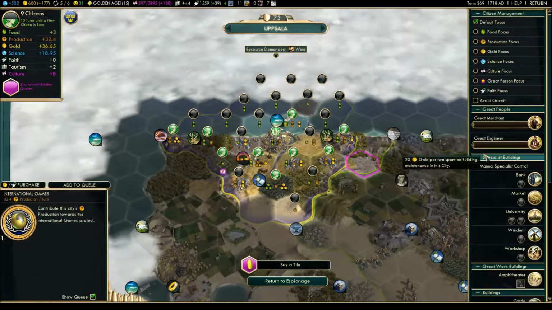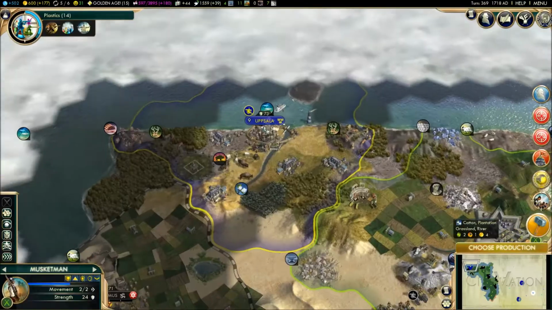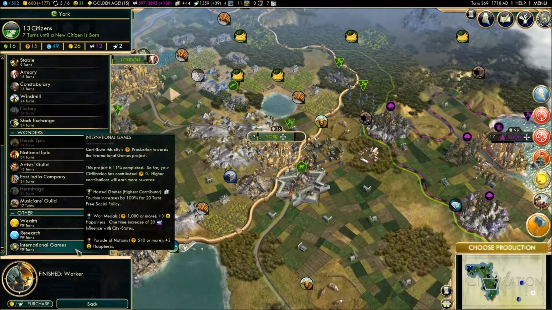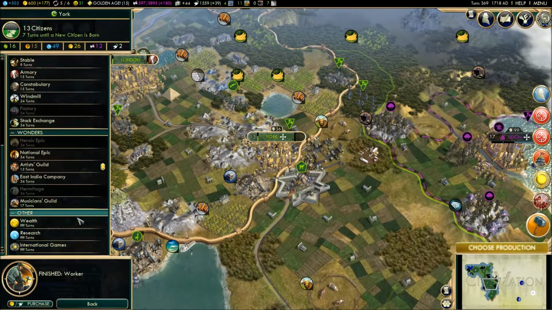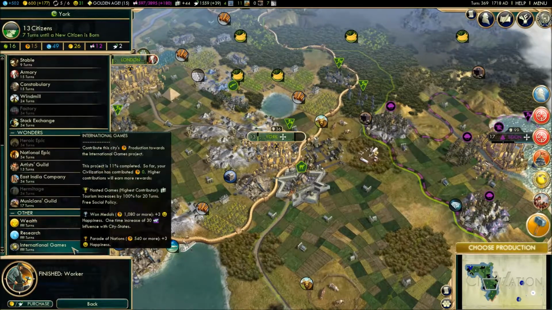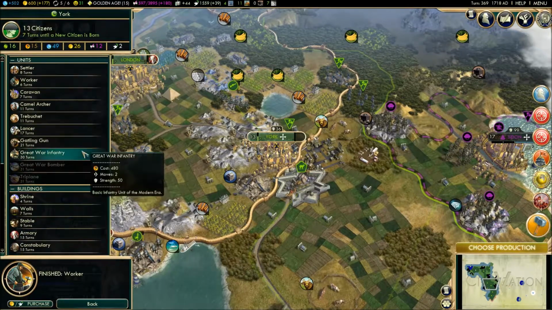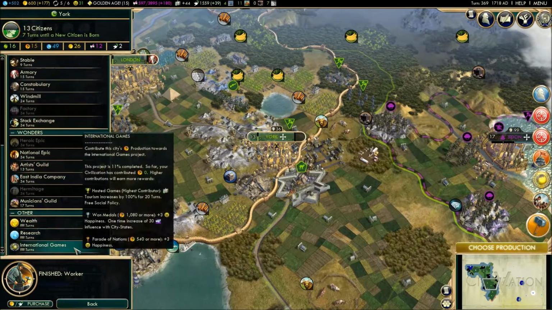So I wouldn't mind taking that city, but we're not going to be going to war with Sweden for a little while. He's building international games. How much longer do we have on that? It is 11% done, so they are focusing on it somewhat. So we do need to get something going there. I also want to get units going, but since we're growing...